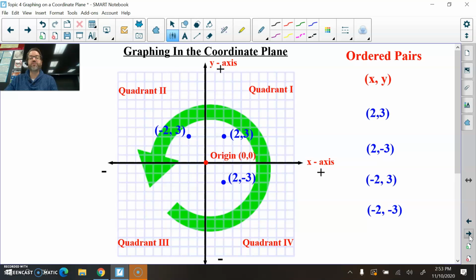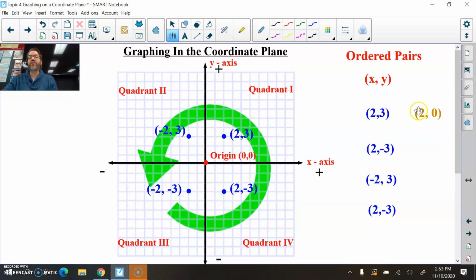If you have the point (-2, -3), notice both the x and the y coordinates are negatives. So we'll have to go left and then we'll go down. We're going left 2, down 3, and there's (-2, -3) down there in quadrant 3. Okay, and then